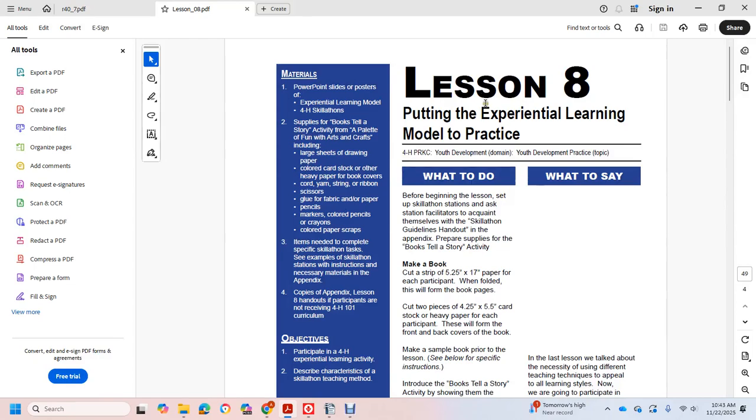Alright, Lesson 8, Putting the Experiential Learning Model into Practice. Materials: PowerPoint slide, poster of the experiential learning model, a stick, skills, and fun. Supplies: books to tell the story of the activity, Palette of Fun: The Arts and Crafts, including large sheets